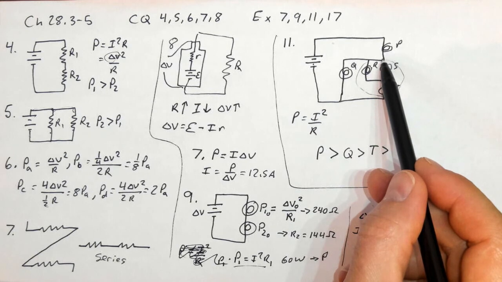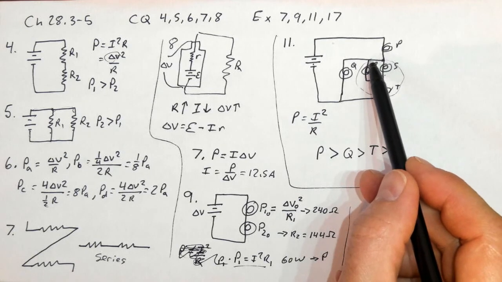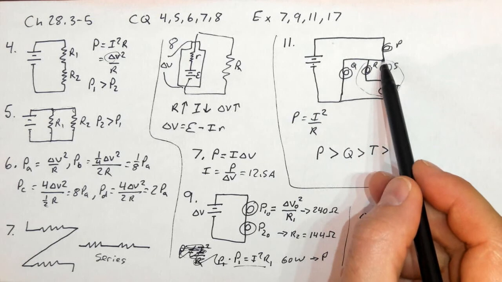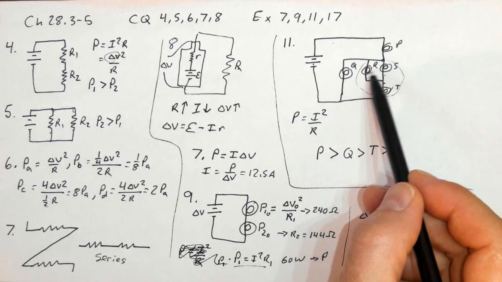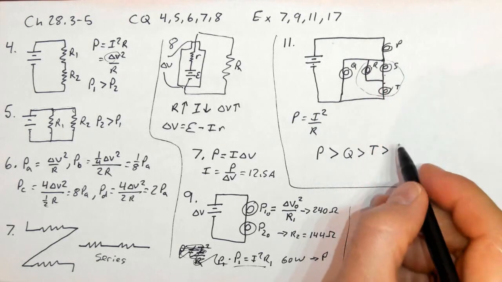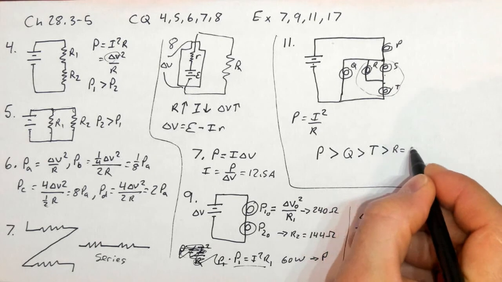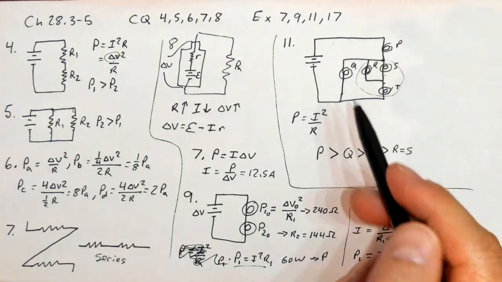If 100 electrons get to this point, neglecting those who go this way, 50 of them are going to go through here, and 50 of them are going to go through here. So we say that R is equal to S. Now, to help with that,